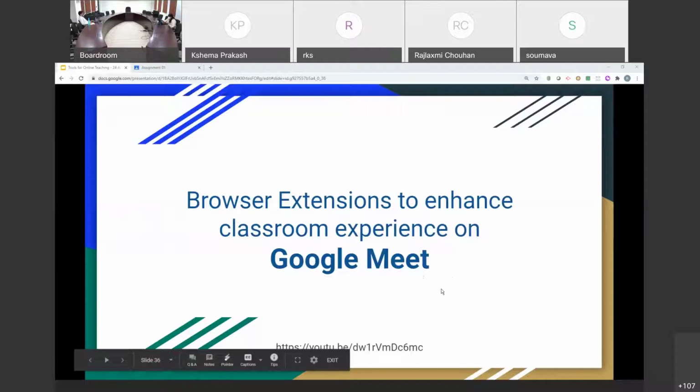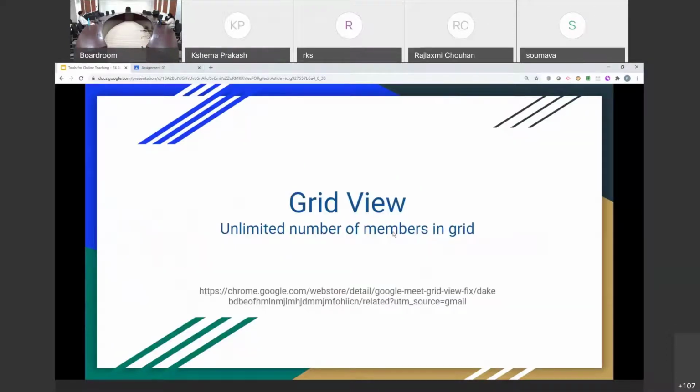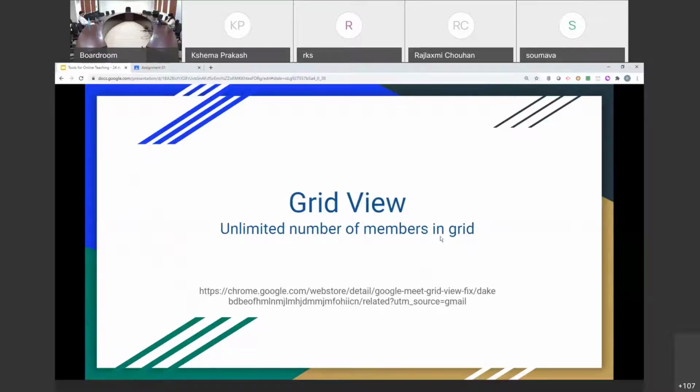Here are just some ways in which we can enhance the experience using some extensions. One such extension is the Grid View. Google Meet normally allows 16 participants to appear on screen in a grid, but you can install this extension called Grid View, and you can view an unlimited number of members in the grid.